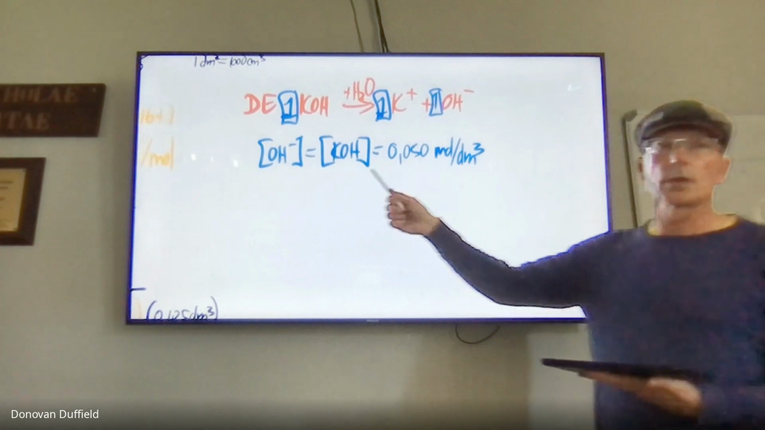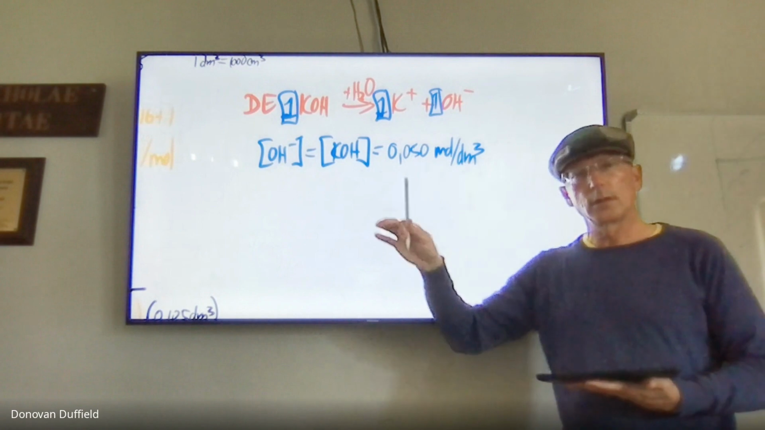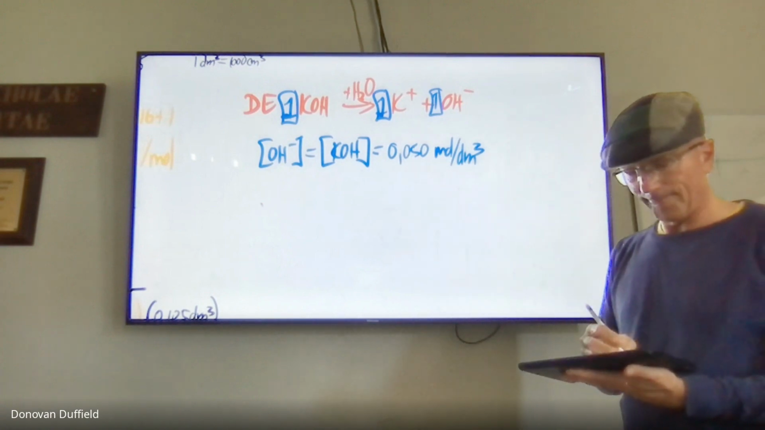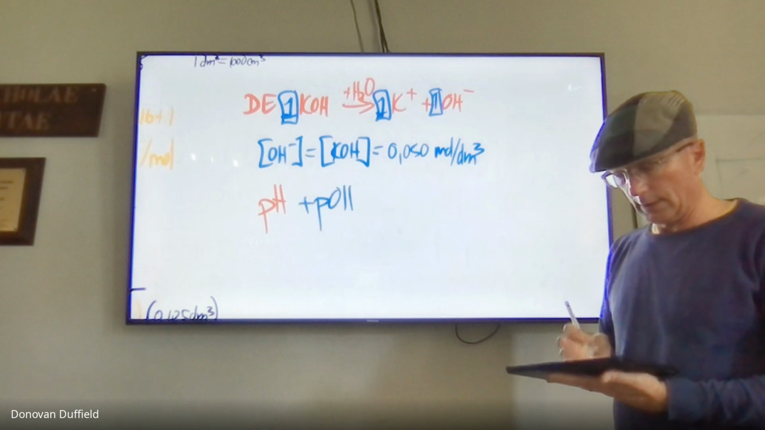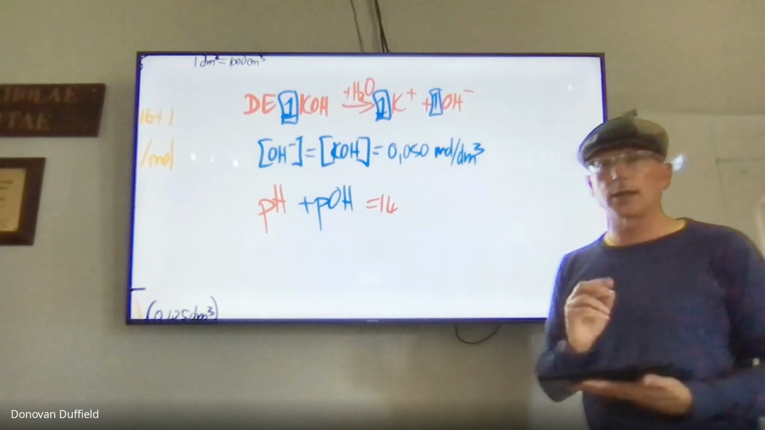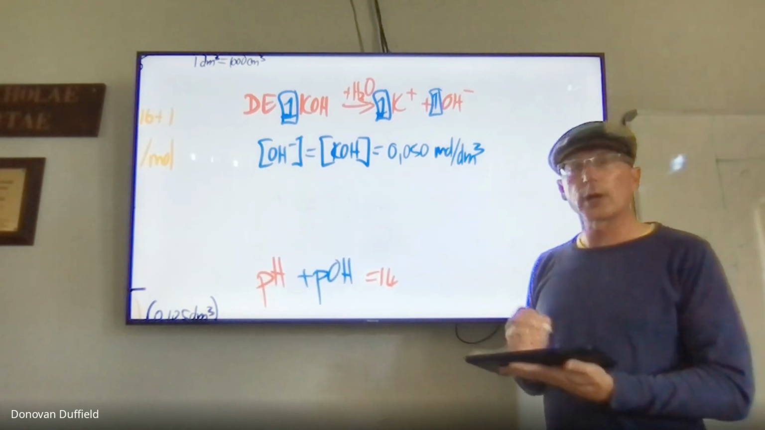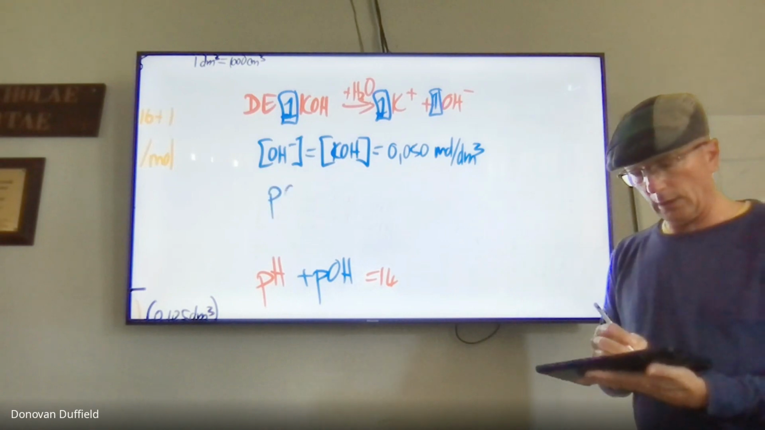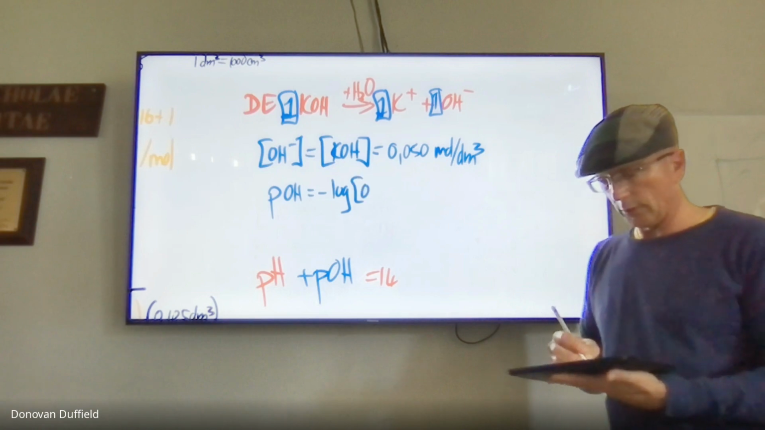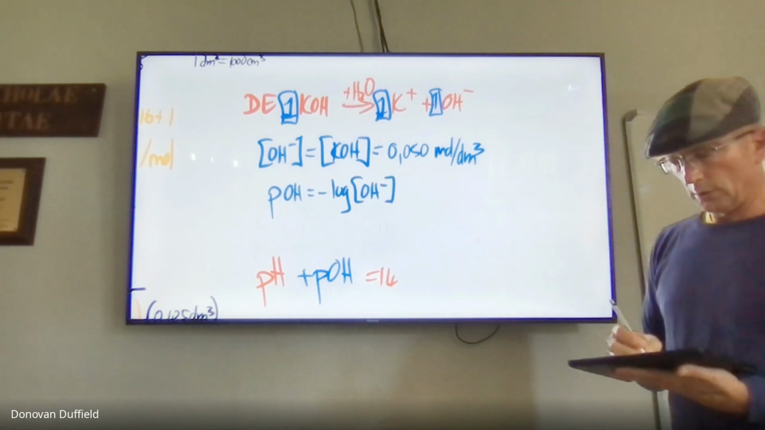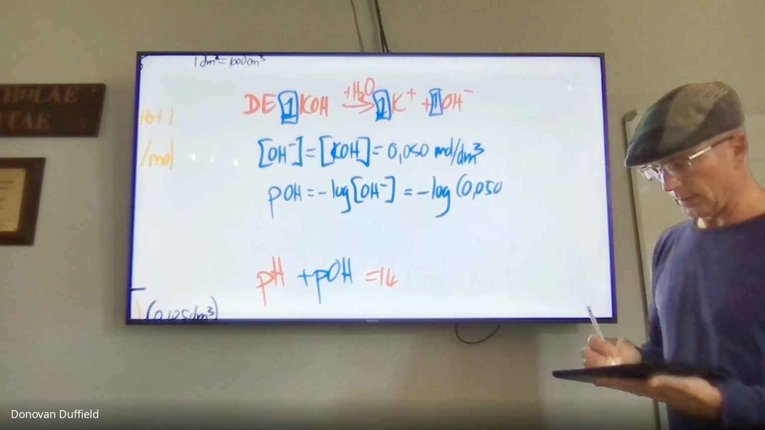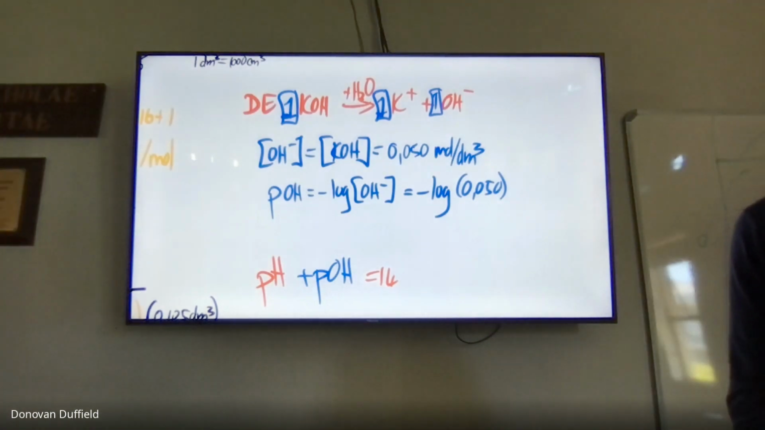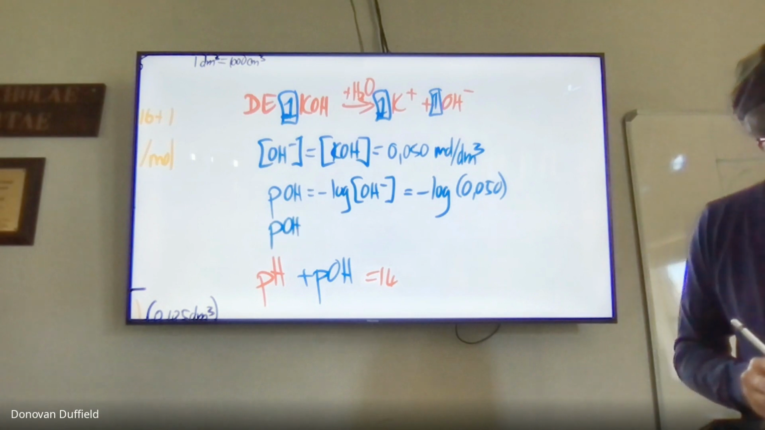Now, instead of going and using Kw, it's 10 to the negative 14, we are going to say, well, the pH plus the pOH is going to equal 14. I made a mistake. I actually need to first work out the pOH. So I'm going to say pOH is the negative logarithm of the hydroxide ion concentration, which is going to be the negative log of 0.050, and that is going to give us a pOH of